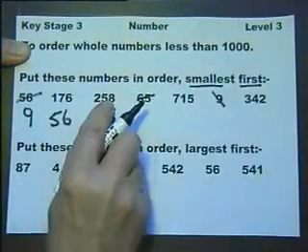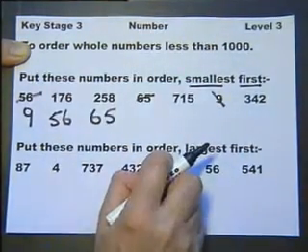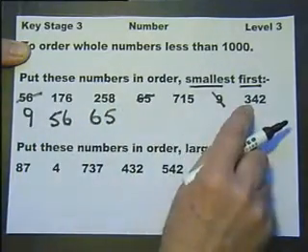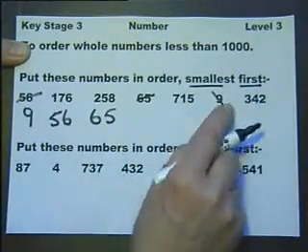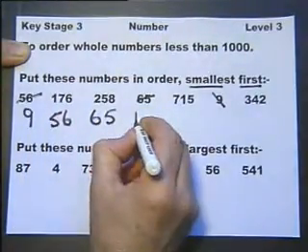Then all of these numbers here, the last 4, are over 100 and less than 1,000, but which one's the smallest? That's 700 and, 300 and, 200 and, 100 and,